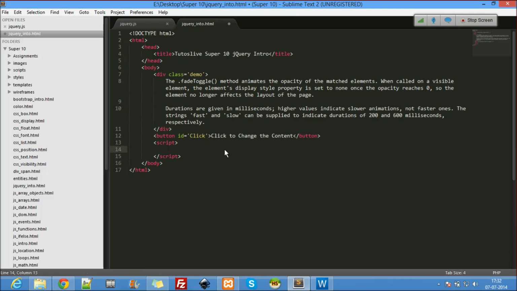Okay, the JavaScript way is where element equal to document.getElementById click. Right. So here element.onclick equal to a function, now I would like to say document.getElementsByClassName of our class, right. So let's write class name, getElementsByClassName